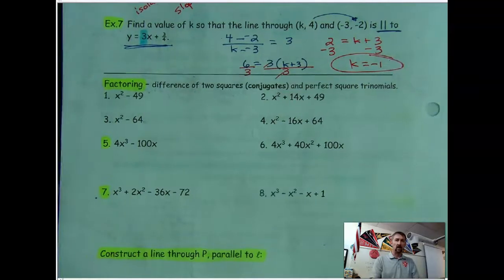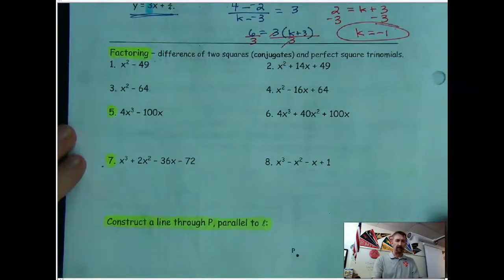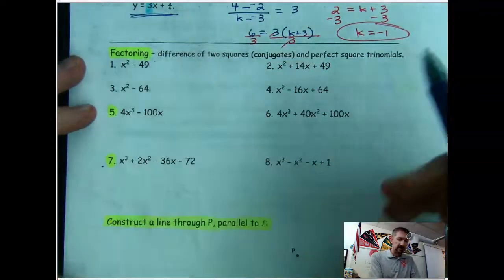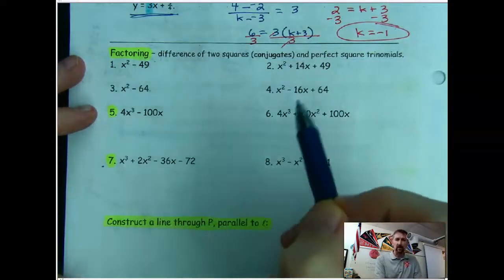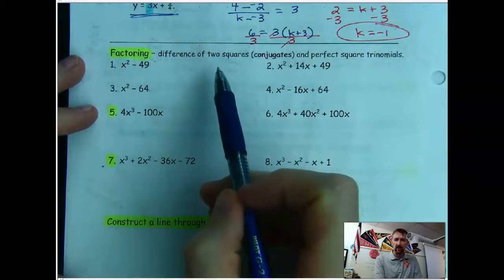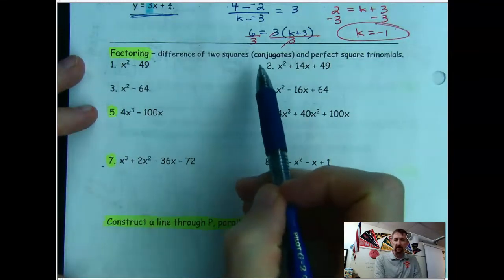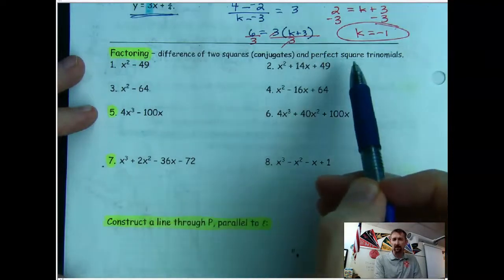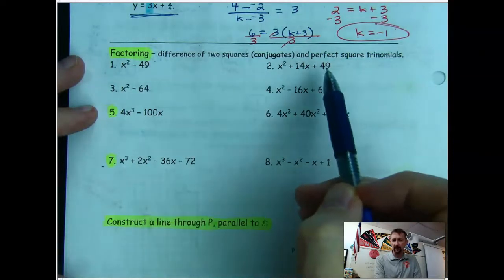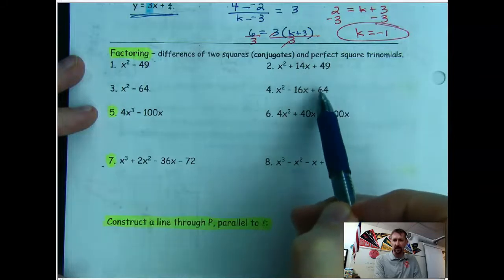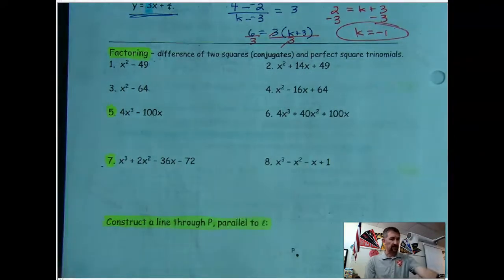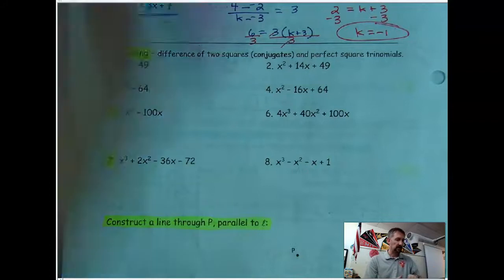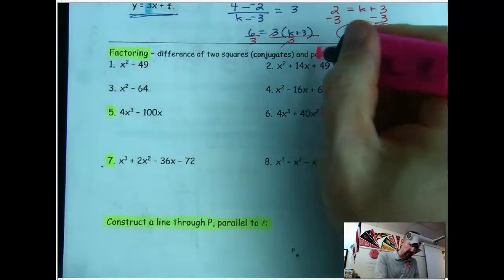So, let's see. This is a couple of special situations. One's called the difference of two squares. The factors that we get are called conjugates, and we're also going to factor some perfect square trinomials. So hopefully you're looking over here and you say, oh yeah, that's a perfect square, that's a perfect square. Suppose we could highlight that. Perfect square